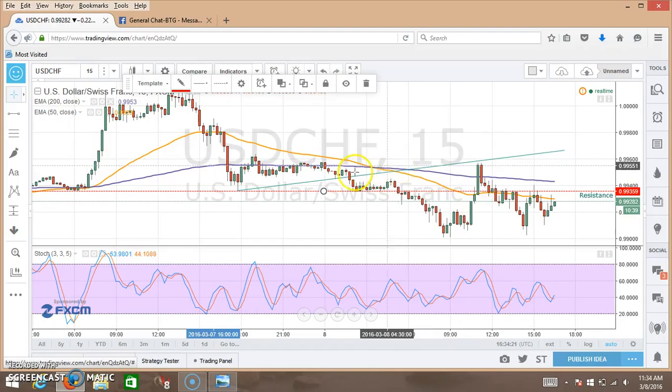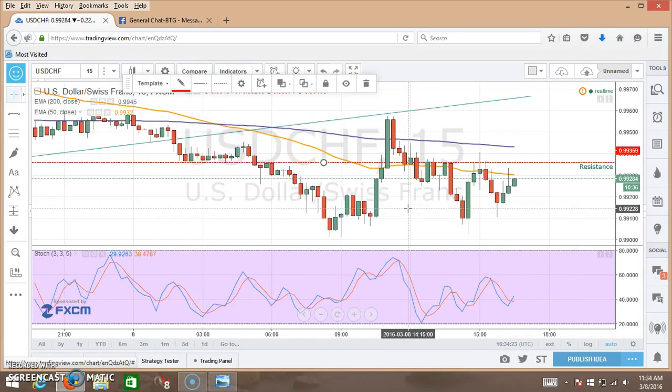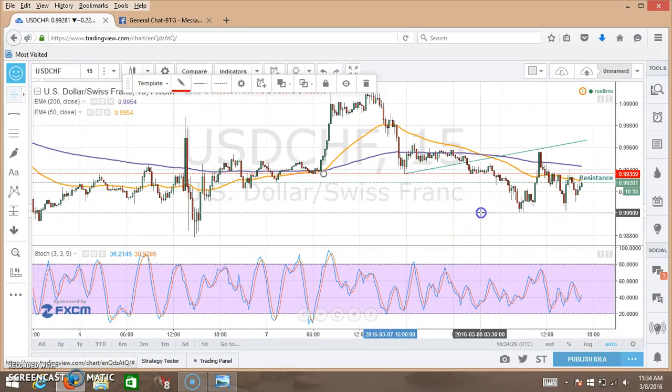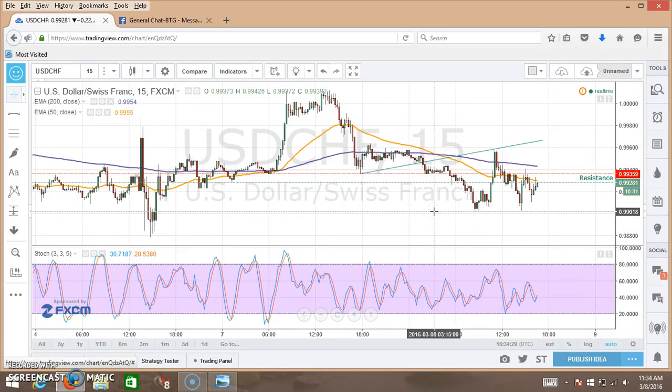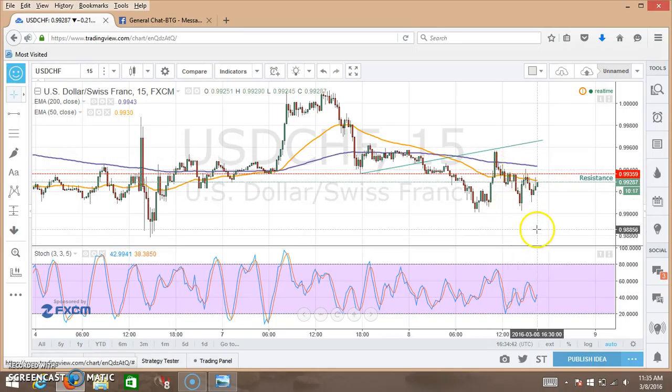But in the process, and let me zoom out, maybe get a better view, it started to form one of the few actual candlestick patterns that I like to trade, and that's a little head and shoulders. So you can see a little shoulder, drive down, a head, drive down, and what I'd be expecting is a trip back up to the neckline, which is that support level right there. And as luck would have it, that resistance level now falls right directly